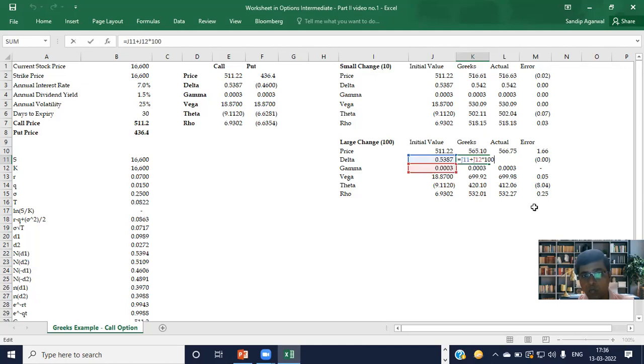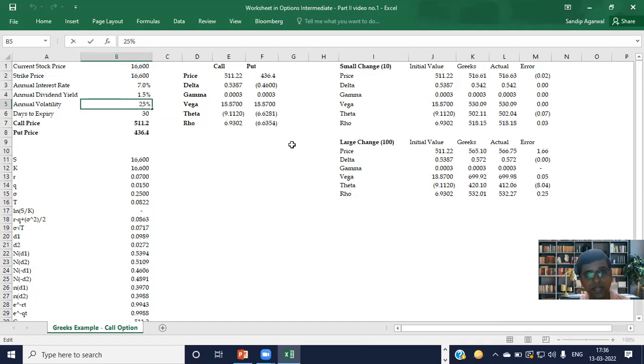Similarly, we can see what the delta value should be considering the movement in the Nifty by 100 points in the upward direction. So it should be 0.5387 plus 0.3 times 0 into 100. So it becomes 0.57. We see the same by changing the value over here, and you can see the delta value becomes 0.5718. So it is more or less the same as compared to the actual derived value and the value as per the Black-Scholes model. We again restore it back to this value, and we can see we change the Vega, which is the annual volatility in this case, by 10%.